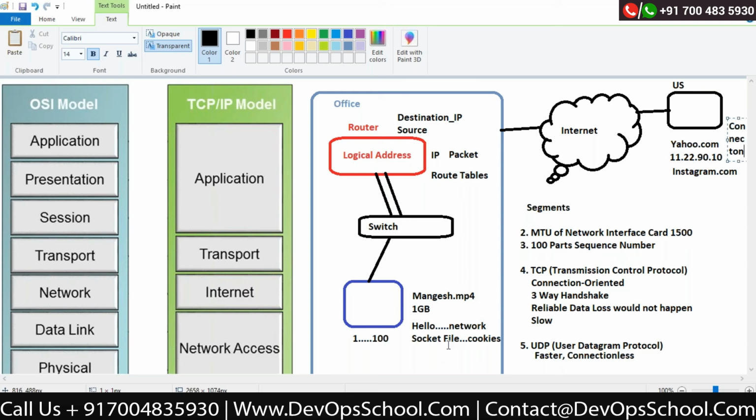It created an end-to-end session to make sure that, because I need to send 100 data packets, not every time do I need to go through every path. Correct? I will create end-to-end session information on both sides, and I can directly start sending information with the help of that session. So creating a session is done by the session layer.